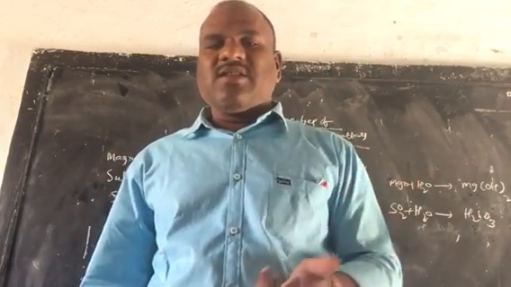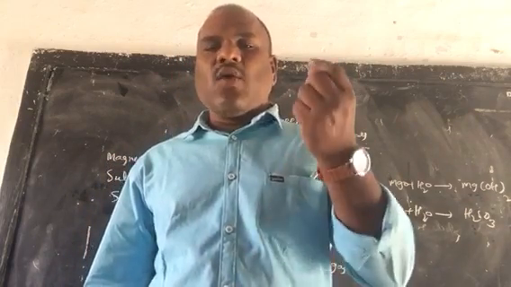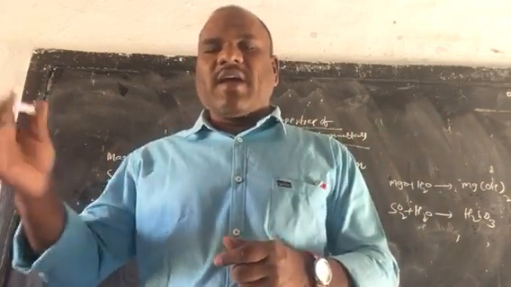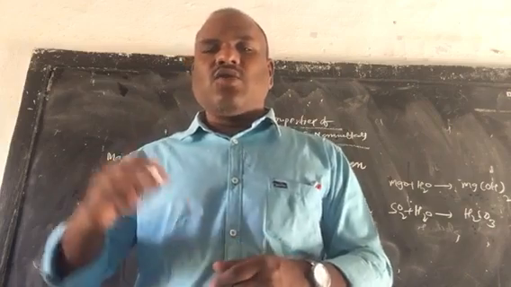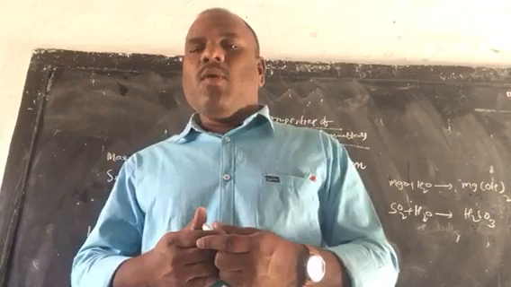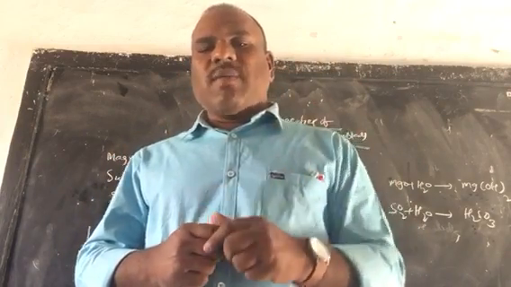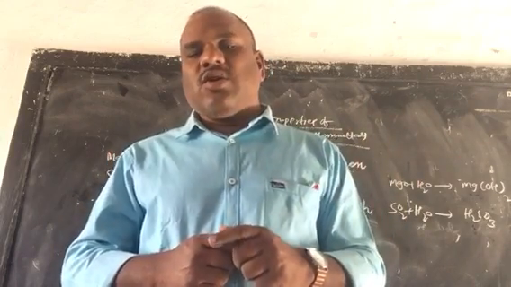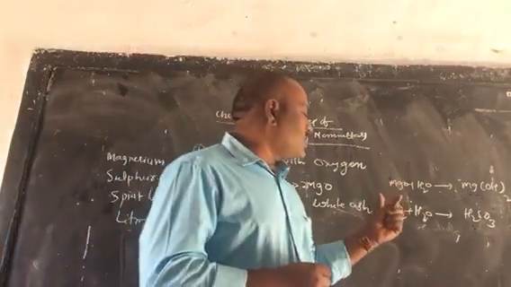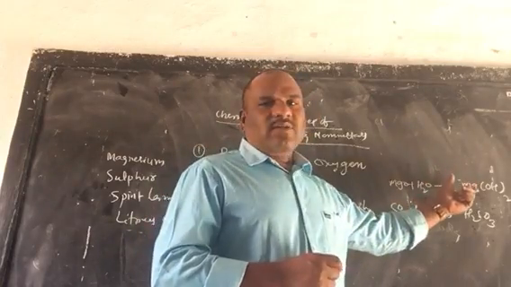Before reaction, magnesium's appearance is a silver white sheet, and sulfur's appearance is a yellow powder. After reaction, magnesium turns into white ash and sulfur turns into a colorless gas. Magnesium oxide turns red litmus paper to blue, and at the same time sulfur dioxide turns blue litmus to red. So this shows that when magnesium oxide reacts with water, it produces magnesium hydroxide, which is basic in nature.